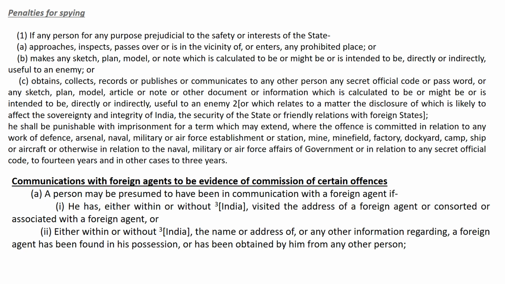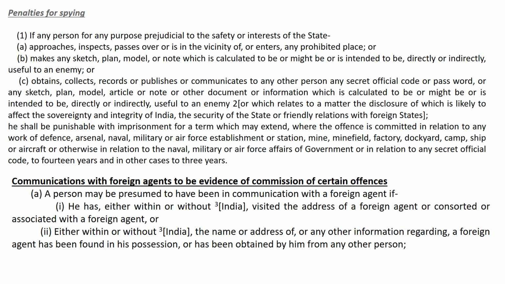Now, what exactly constitutes spying? If any person, for any purpose prejudicial to the safety or the interest of the state, approaches, inspects, passes over, or is in the vicinity of or enters any prohibited place, or makes any sketch, plan, model, or note which is calculated to be or might be or is intended to be directly or indirectly useful to an enemy, obtains, collects, records, or publishes or communicates to any person any secret official code or password, or any sketch, plan, model, article, or note, or any other document or information which is calculated to be or might be or is intended to be directly or indirectly useful to an enemy,